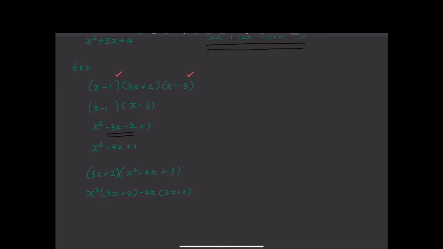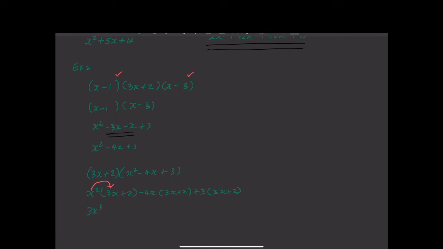And then we're going to multiply positive 3 by 3x plus 2. So let's identify. So we're going to do x squared times positive 3x, which will give us positive